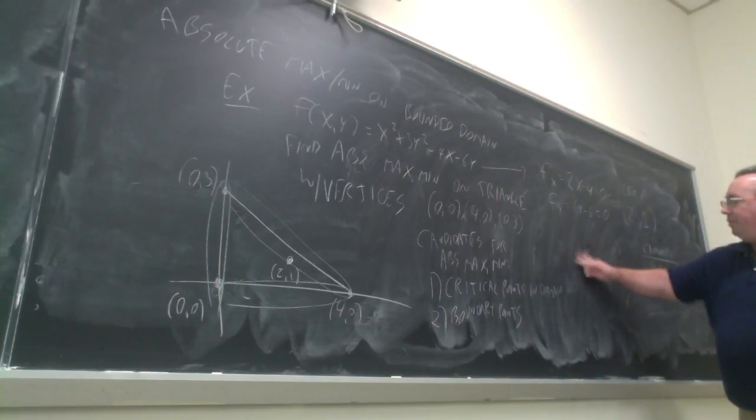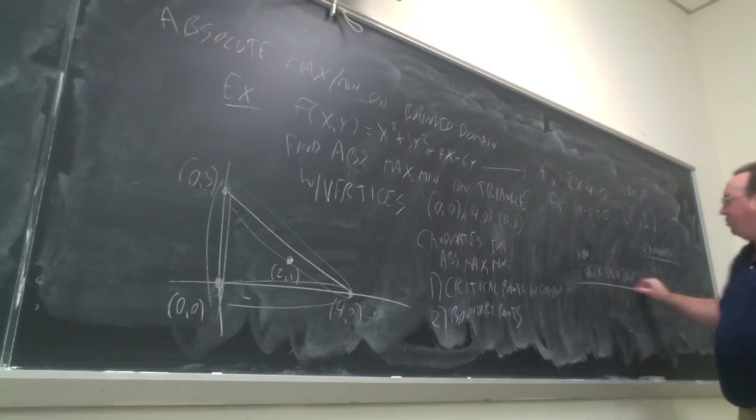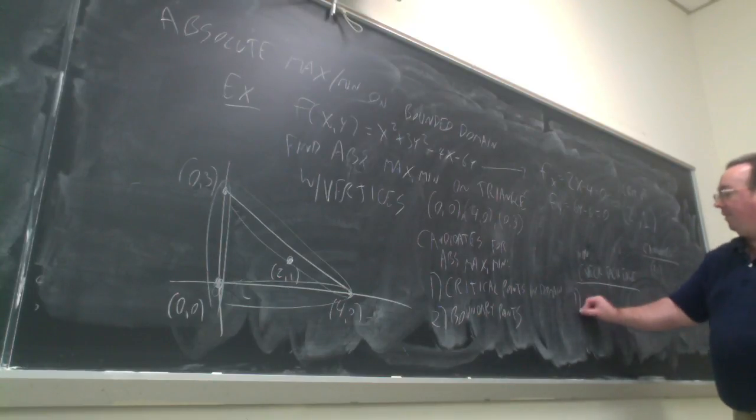So now that we're through with critical points, we have to check each edge of our triangle. The way to do that is to get an equation that describes each edge, and we're going to consider the three edges separately. So first we have the bottom edge,